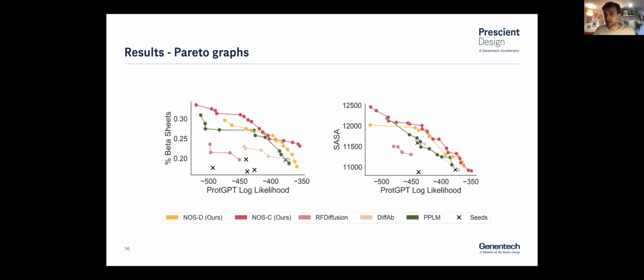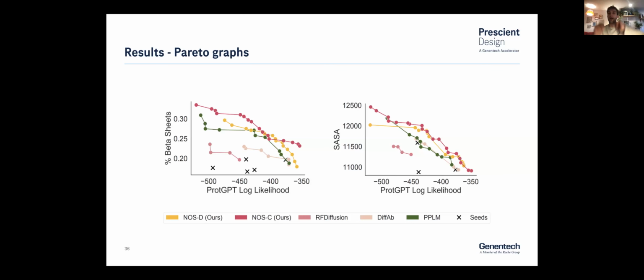So as our baselines here, we have a structure-based method, RF diffusion. Basically, we're sampling new possible structures in the neighborhood of our starting structure, which we obtained with a folding model. Diffab is a joint sequence structure diffusion model trained on antibodies. And PPLM is this vanilla autoregressive formulation of gradient guidance on top of an existing autoregressive protein antibody model. So as we can see, our two diffusion models tend to push this Pareto boundary outwards,